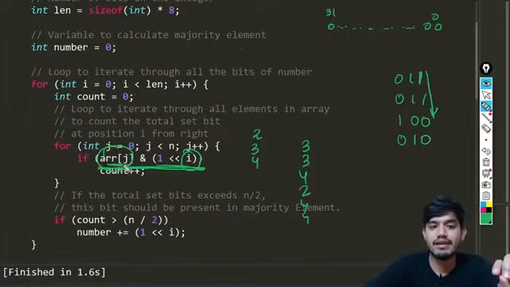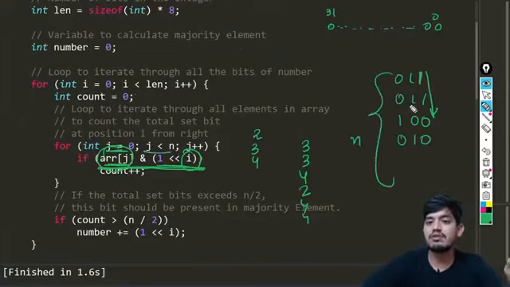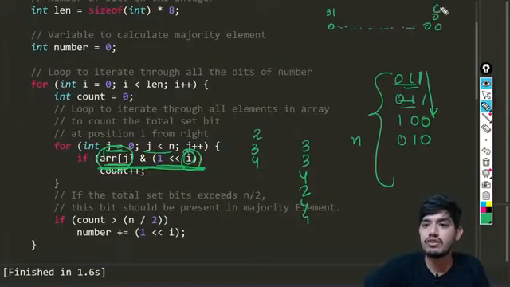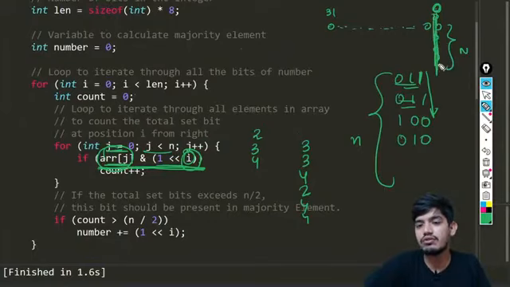So you can see we are just taking the array of j. So j is going to be running over this, which is totally n numbers, so each and every number it is going to be checking. So you can see this count initially is going to remain 0, and this j will be running up to n numbers. So for n numbers, it is going to be checking this bit. Okay, all these bits it is going to be checking.